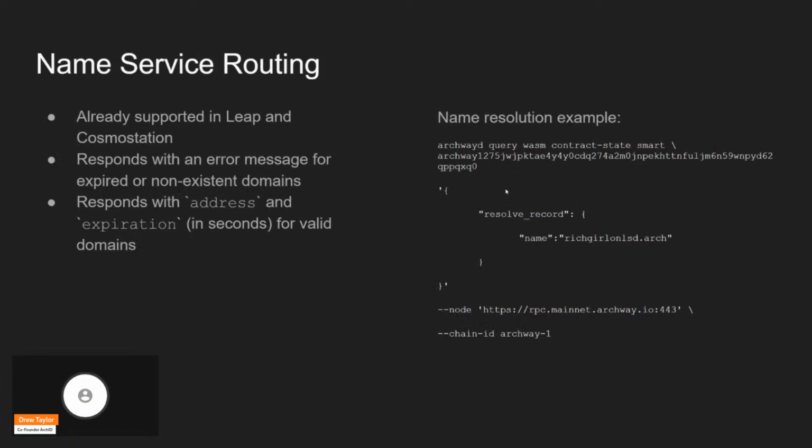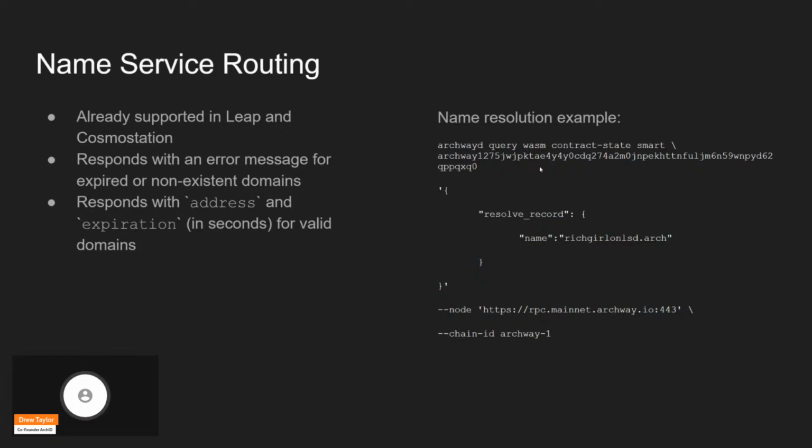Now, moving along here, getting real into the nitty gritty, talking about name service routing. You can see on the right here, we have an example of how you could do that. So name service routing, why is it useful? The main utility here is that it gives your users the opportunity to send funds to a human readable address like richgirlonlsd.arch